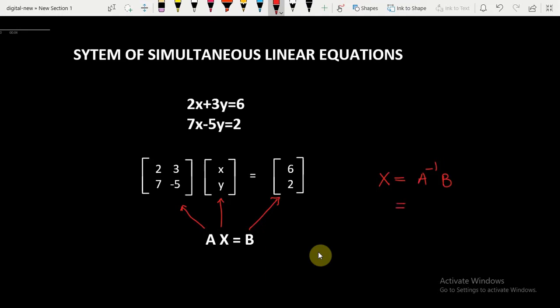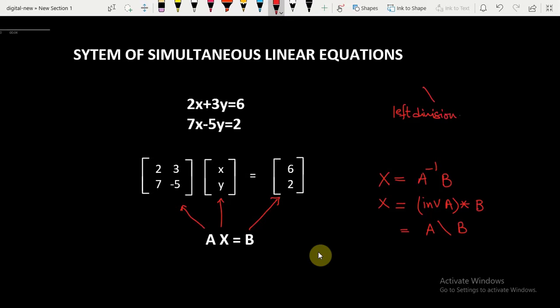In Scilab, to solve for X, we can use the inverse function, this kind of statement, or there is an easier method, that is, we can use a simple operator called the left division operator. So this slash is called the left division operator.